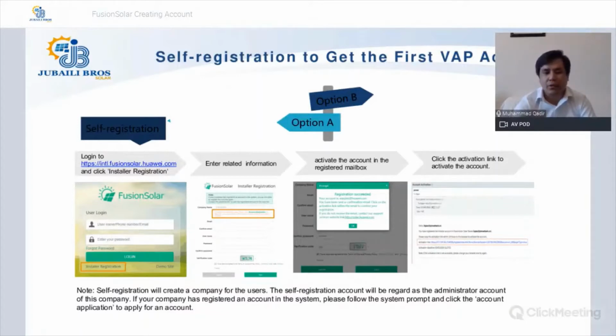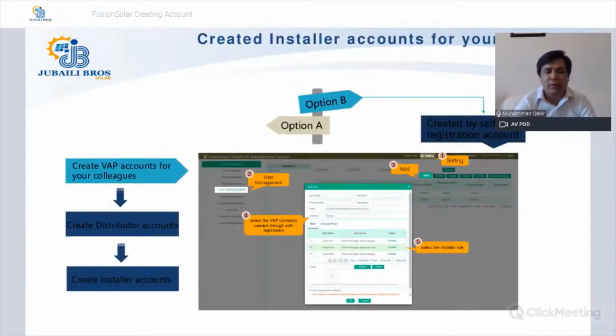Then you can use the username and the password that you have created and log in to FusionSolar. With an installer account, as soon as you log in, you will have multiple tabs. If you want to create an installer account, now that you have created a company account for that particular company,